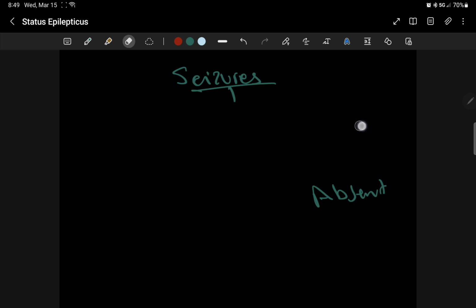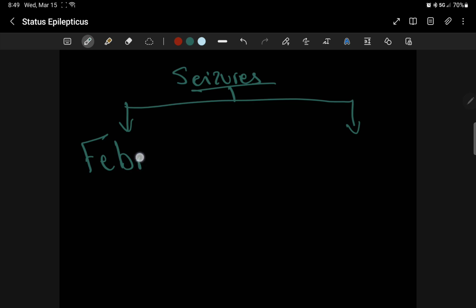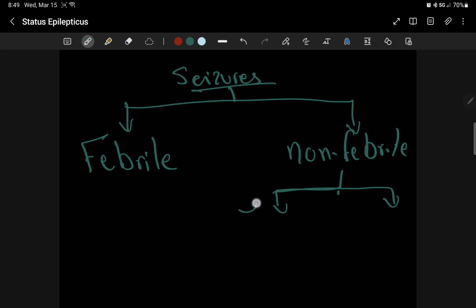How I like to differentiate it, in a way which is easier to do in pediatrics, is more of febrile seizures and non-febrile seizures. And then non-febrile seizures can be primary or secondary. Okay, and regardless, they can present however. One of the interesting things before we move on from the previous classifications is when we talk about the generalized seizure, the focal seizures, the absence seizures,